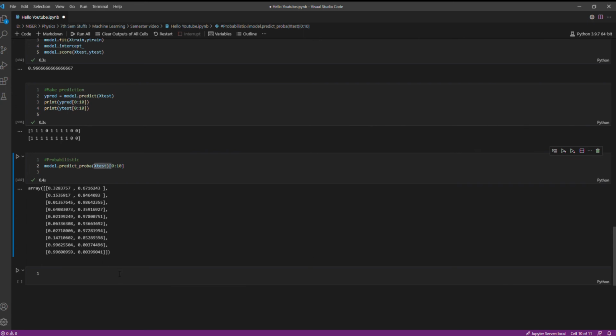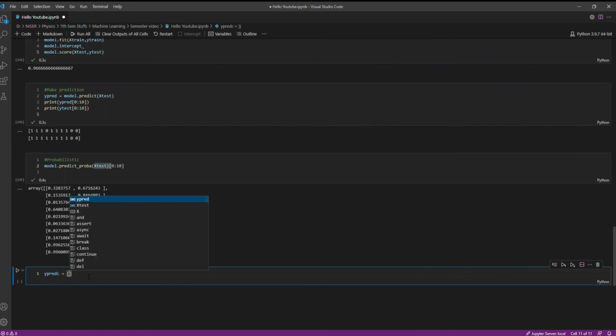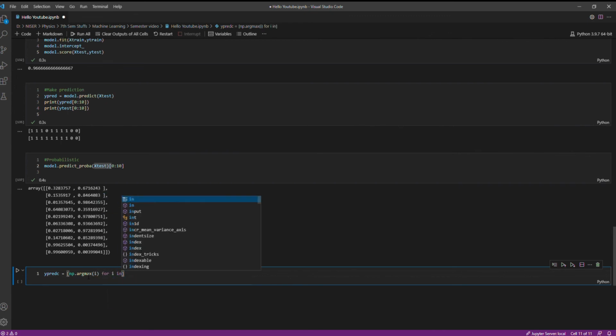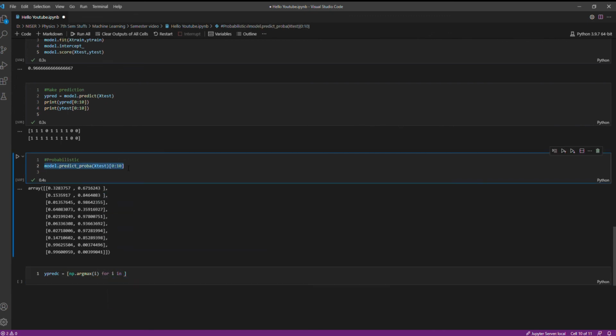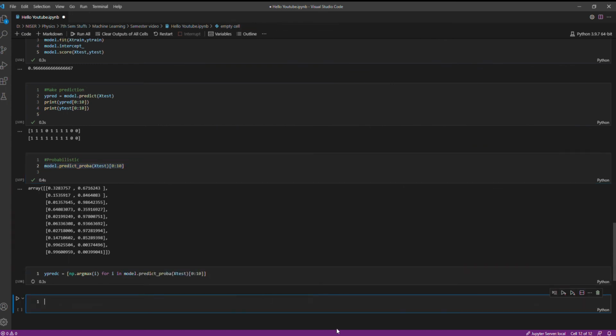Using this one, you can actually make a 0 and 1 array. Like this is a bit hard to understand. We can convert it into a class array. So for that we can use this ypred is equal to a list comprehension, argmax of i for i in this whole multidimensional array. Let us see what this is.